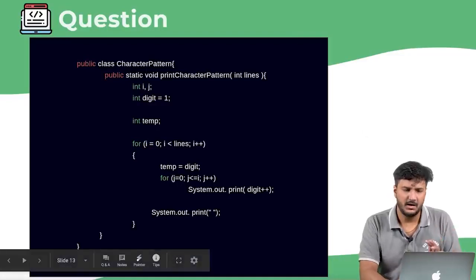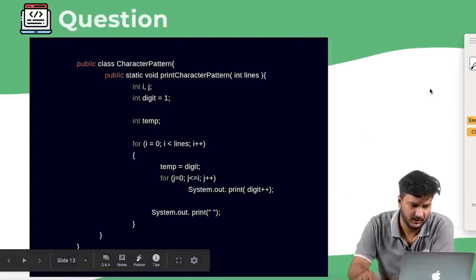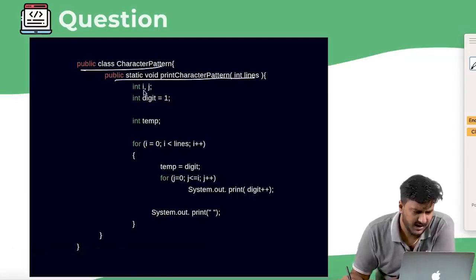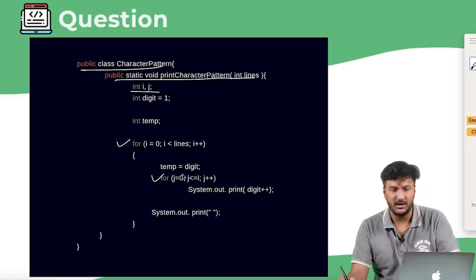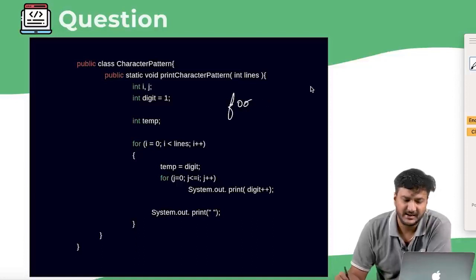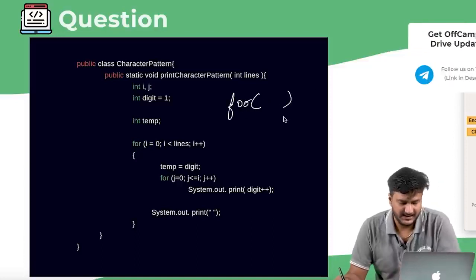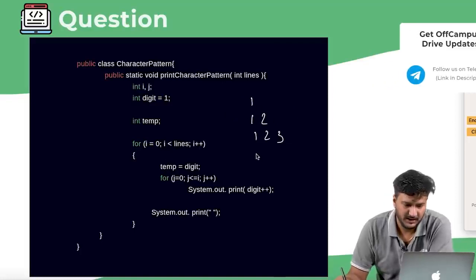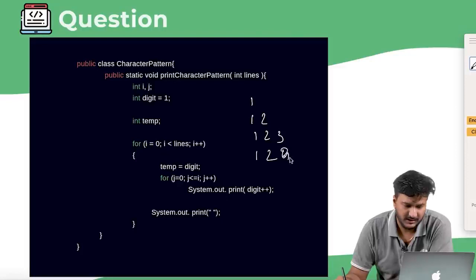Okay, so let's have a look upon this one, right? So in this case, let's go ahead. So again, PSVM, public static, and obviously this for loop and this for loop, right? So if I'm to tell you a little basic, what would the first for loop be doing? The first for loop is doing nothing but, let's say we have 1, 1, 2, 1, 2, 3, 1, 2, 3, 4.